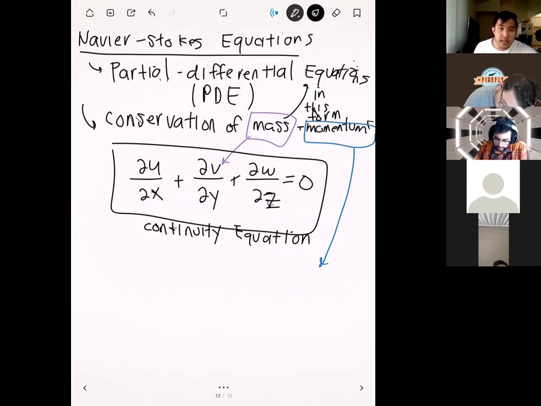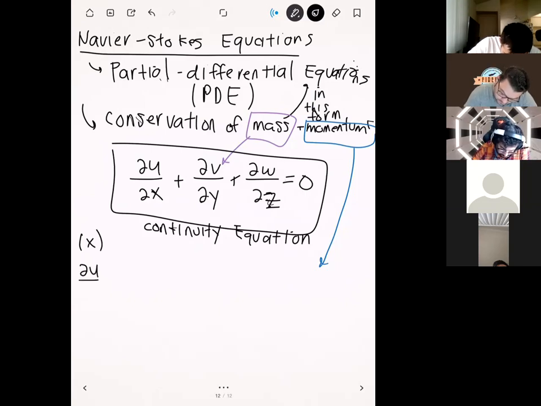Just like in RTT, we're going to have an x component of momentum, a y component, and a z component. I'm just going to write out the x component first, and then use that to explain the different terms. So this is momentum in the x direction, and we're going to have this. First, we have an unsteady term, so you have the partial derivative of u with respect to t. Then we have